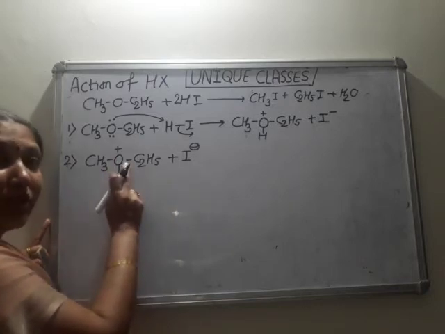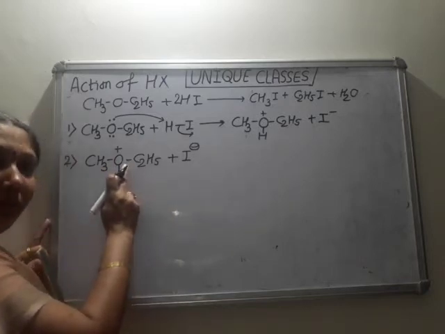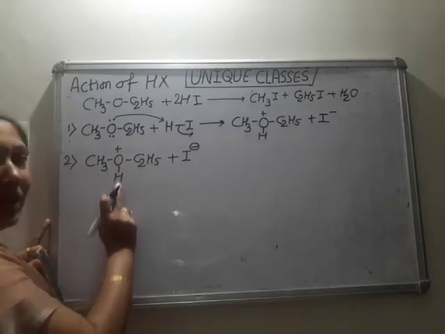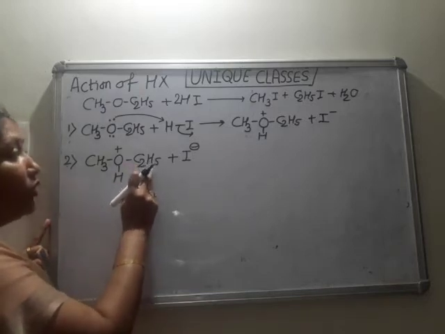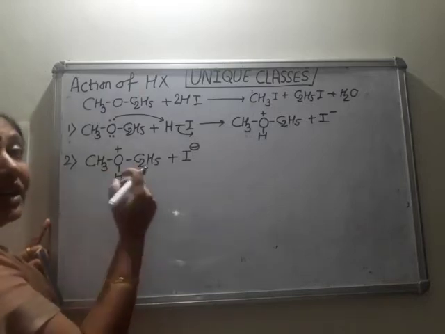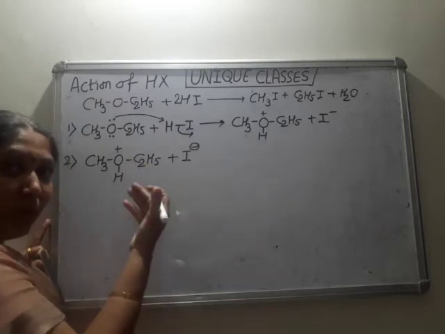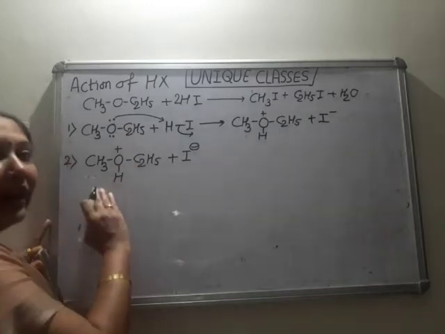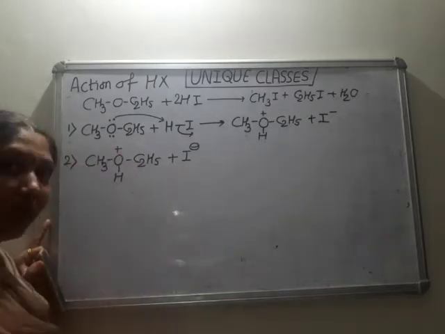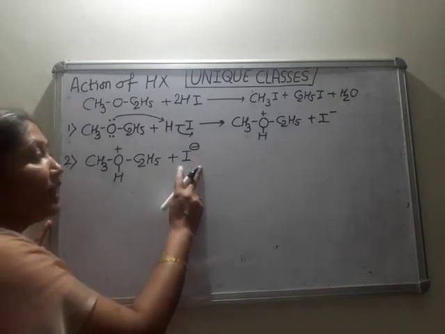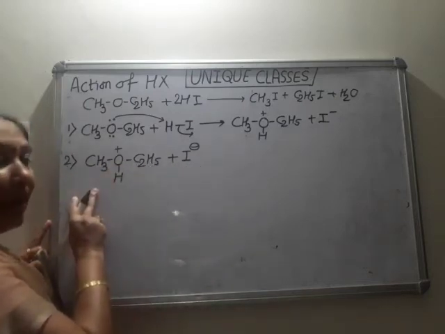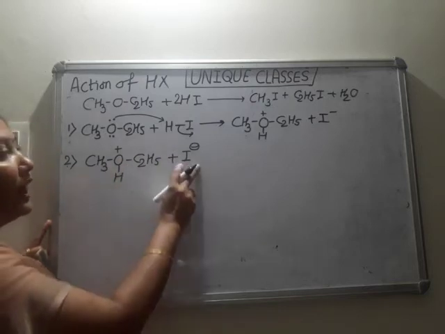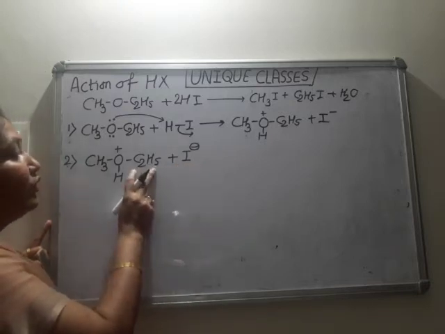Now oxygen is electron deficient. It is in need of electrons. So this neighbor alkyl group should give electrons to this oxygen. But of course this carbon should get some support, some backing. It also expects electrons. So this I minus provides electrons to that alkyl group, and the alkyl group then passes electrons to this electron deficient oxygen. Now this I minus attacks which alkyl group? Of course, the smaller group is going to form iodide. So this should be attacked by I minus, and the larger group forms alcohol.